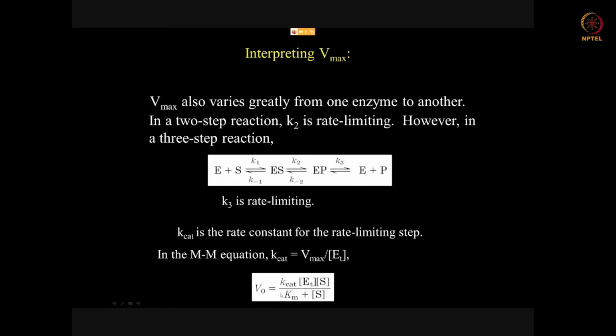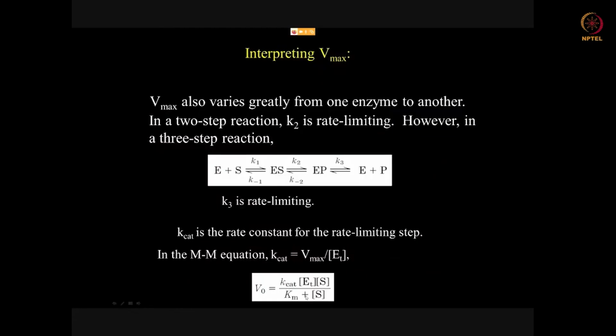So V0 equals, now Kcat equals, going by this relationship, Kcat times Et will be Vmax, and in the Michaelis-Menten equation you substitute that. So in any case, Vmax is always going to be equal to this, because it is not going to increase beyond the total enzyme available, and the rate constant for that. This would always be the Vmax in any situation. And when you have this substituted in the Michaelis-Menten equation,